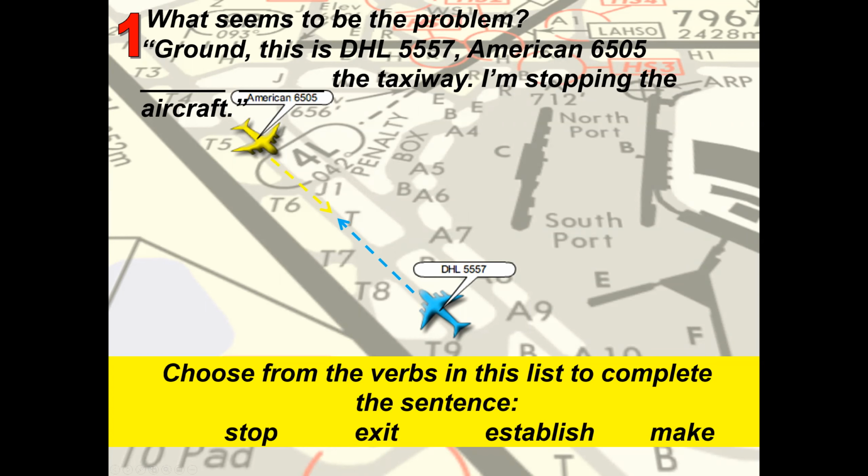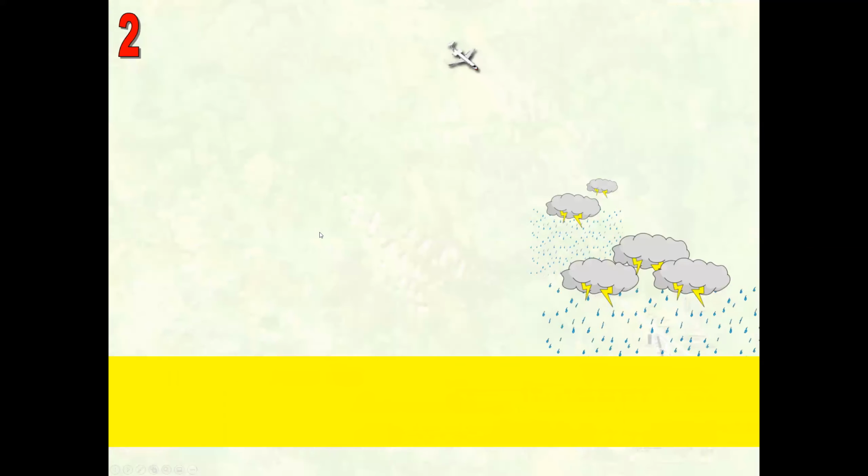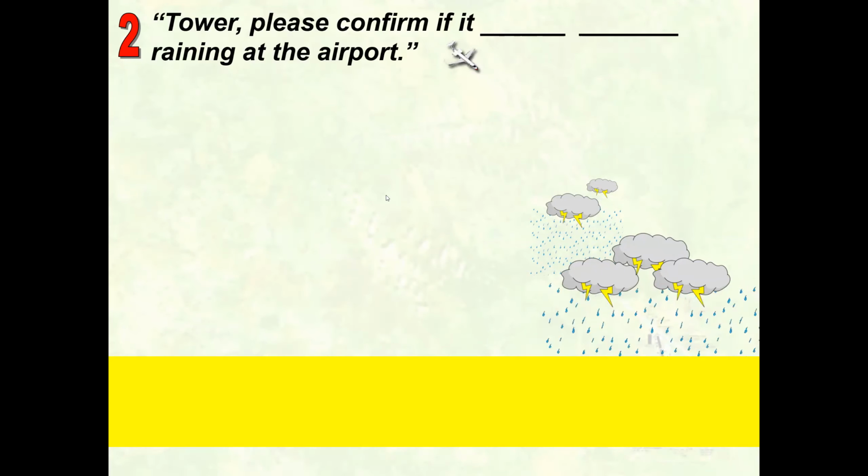Haven't exited the taxiway or haven't stopped. It's exited, yes, of course. Haven't exited the taxiway. Actually, hasn't. American 6505 hasn't exited, we would say. We treat American, instead of a group saying haven't, as a singular thing. The British might say they haven't exited. The English or the Americans would say hasn't exited the taxiway. But same thing. You can see some of these are a little more unusual.